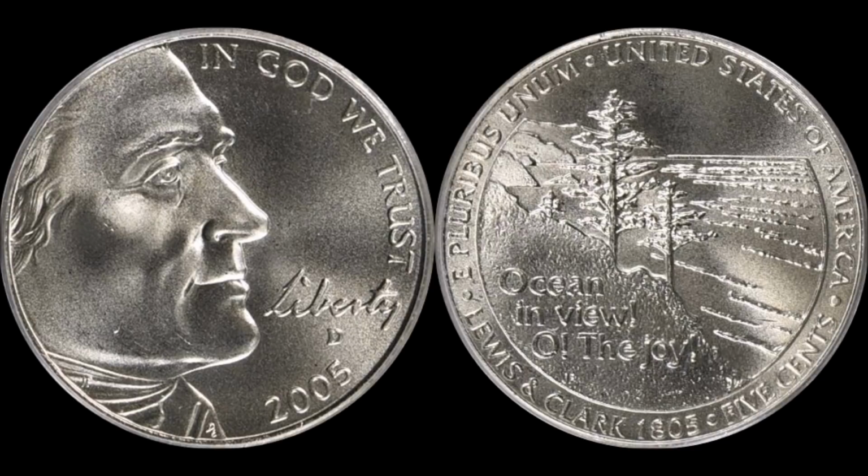And there's no better coin to explore than the 2005 Jefferson nickels. As you can tell, if you found one of these in change, and you probably have one sitting in your hand right now, it's a coin unlike any other. It's a two-year type